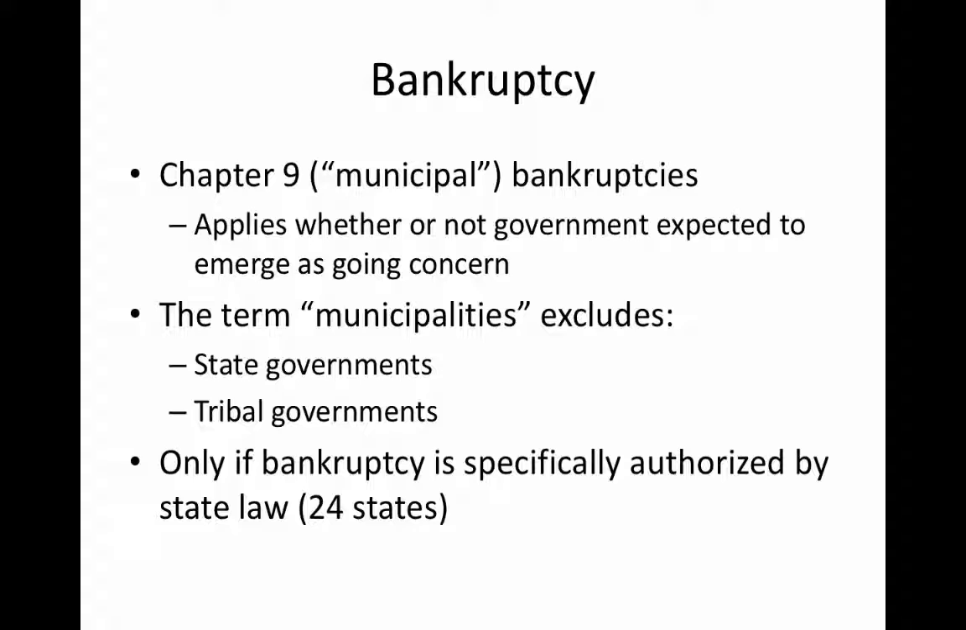In fact, only 24 states have specifically authorized their localities to either file on their own or to seek the approval of the state to file. For instance, in Pennsylvania, they have the ability to file, but they need to get the state's approval in order to do it. And that was a big issue for one government in particular, Harrisburg, where the state capital is. They wanted to file for bankruptcy, and the state didn't want to let them for a variety of reasons,